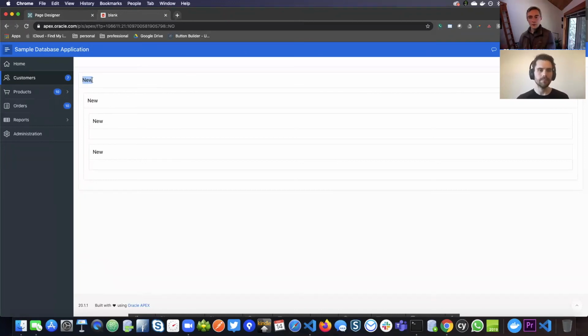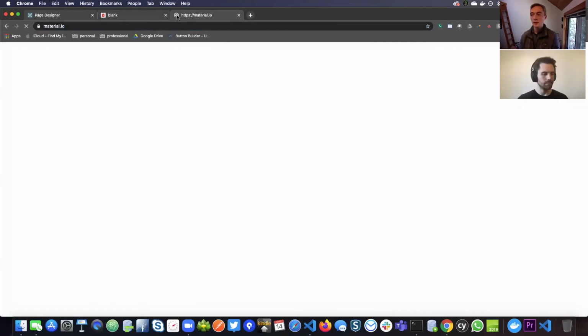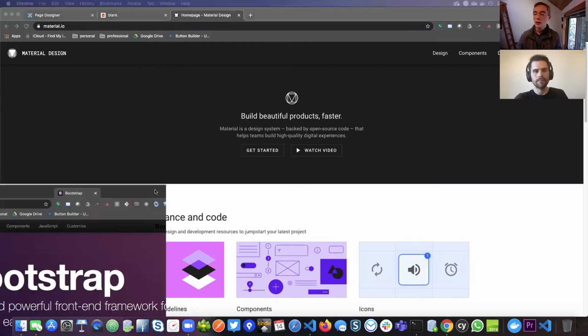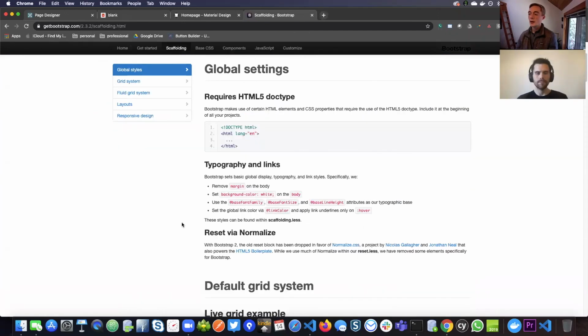Yes, and without further ado, we've alluded to Material, but we haven't shown any of it. Let's break the suspense. Material can be accessed at material.io. What you'll notice is that, unlike Twitter Bootstrap, which I'll bring up on my screen as well, where you're immediately presented with download Twitter Bootstrap and immediately given HTML, Material pretends to be something a little bit different. I'm not saying that it isn't, but